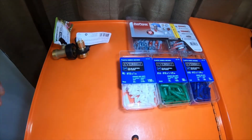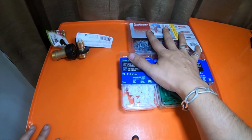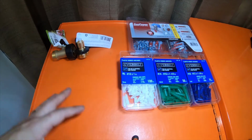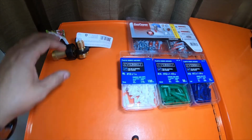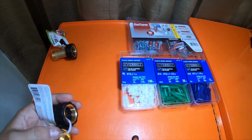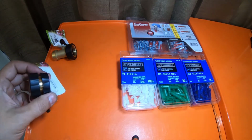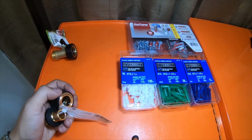Hey everybody, so I went to Lowe's, I picked up these two items, and I went to Home Depot and I picked up these items. I was also looking for a hose. I was looking for a 5/8 6-foot hose and a 5/8 15-foot hose. The 15-foot hose was for my wife. She wants to hook up a sprinkler system to the hose,